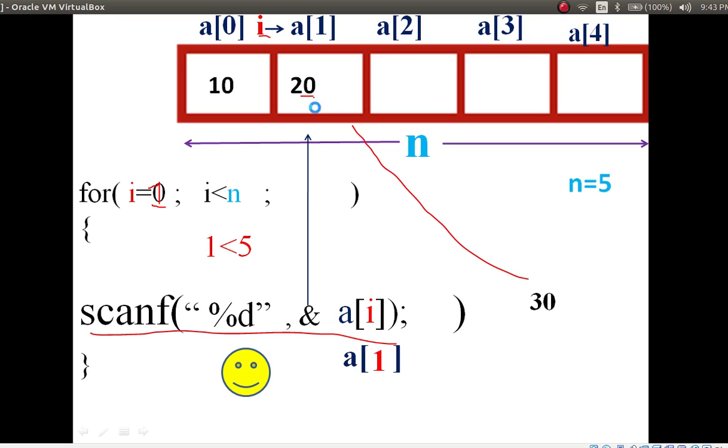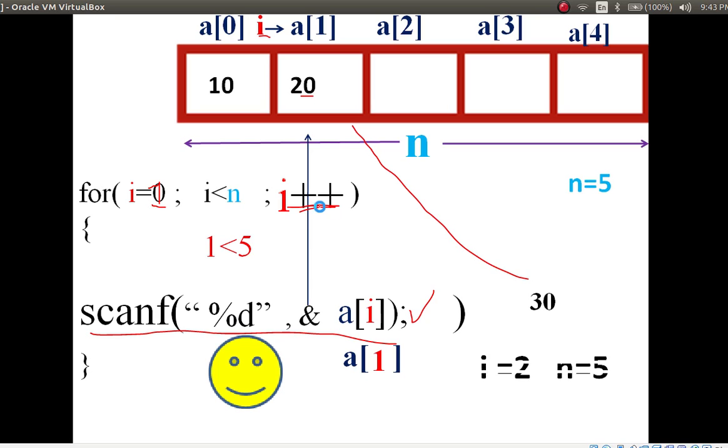Okay. After executing this statement, what will happen? Third statement, i is incrementing. After incrementing i, what is the i value? i value is 2. Then n value is 5.